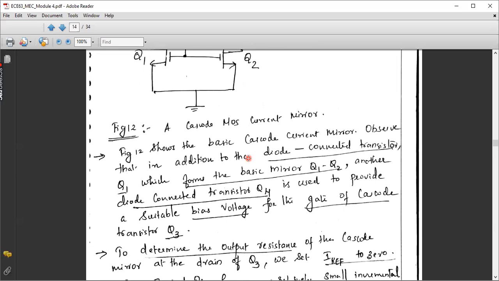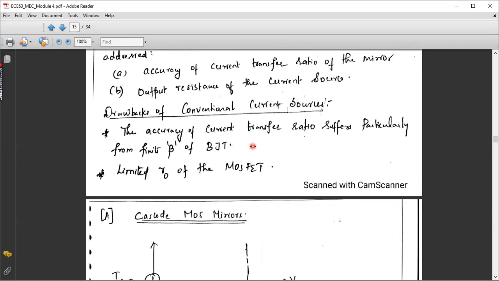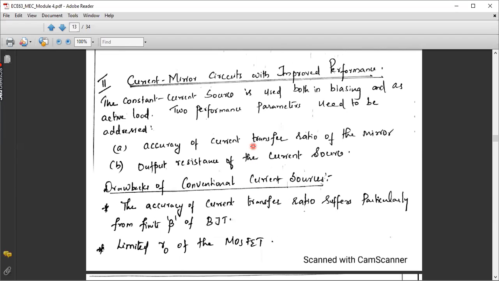Any queries? You need to study for CI2, you need to study till the current steering circuits. No need to study from this onwards. So till current steering circuits, you need to study for your CI2. Okay, I'll be posting the question bank within 1 day or 2 days. Most probably tomorrow or day after tomorrow, I'll be posting. And I have already shared module 3 notes, complete notes. Okay, you can start studying that. If you have any doubts, you can ask me at any time.